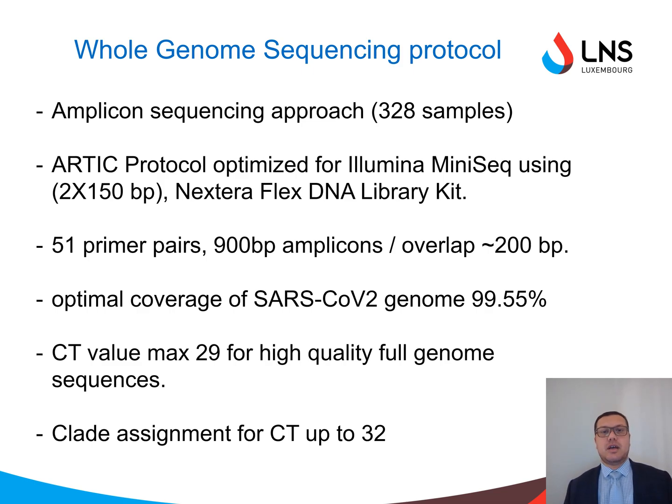Microbial genomics plays a major role in understanding of the epidemiology of emerging pathogens. Hence, there was a need for a protocol that allow us to obtain whole genome sequence data for SARS-CoV-2. The Arctic protocol came up with an amplicon sequencing approach that uses a pool of primers that target different regions of the SARS-CoV-2 genome, and when put together after sequencing allow us to have a full picture of the full